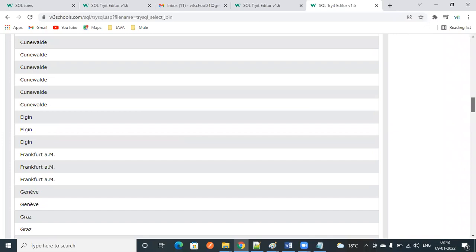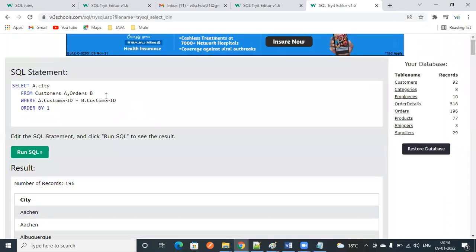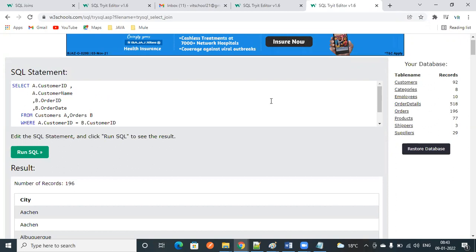Okay, sir. See, in the select clause, whatever you want, you can select it, like how many fields are required and what columns are required. So in the select clause only, we are going to keep everything. Okay, this is one method to write inner join. So what is another method?